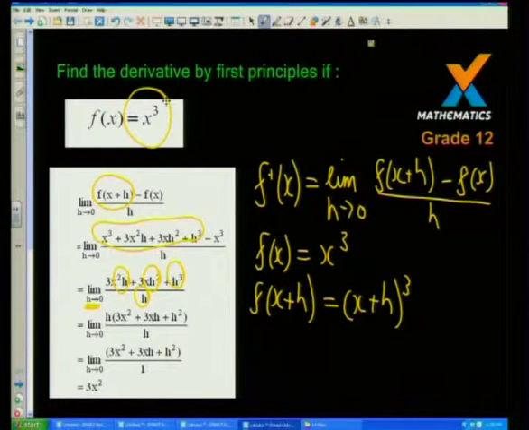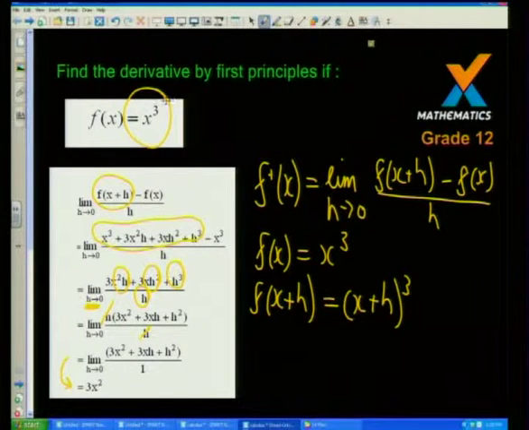You have got no reason not to get full marks for this question. You check yourself in the exam: every term after you have subtracted must have an h in it. We remove the h and look at the beauty here. Absolute poetry. They cancel one another out, and I've got 3x squared plus 3x plus h, and now h can become 0. Okay, now that is why from this point here to that step over there, you make those h's